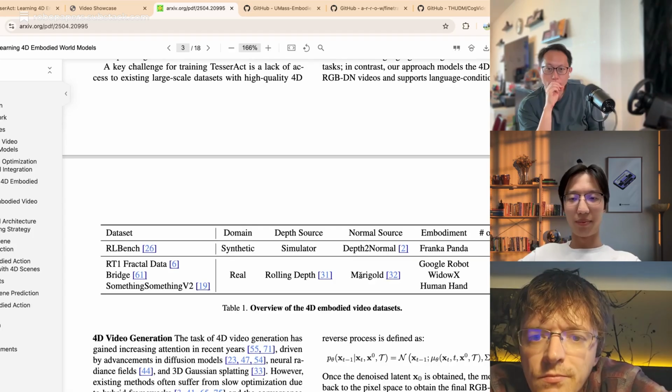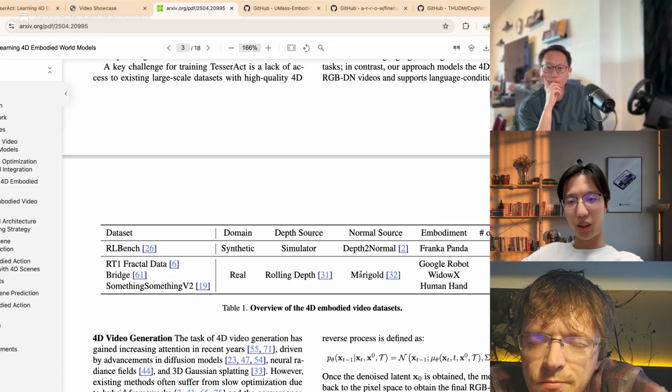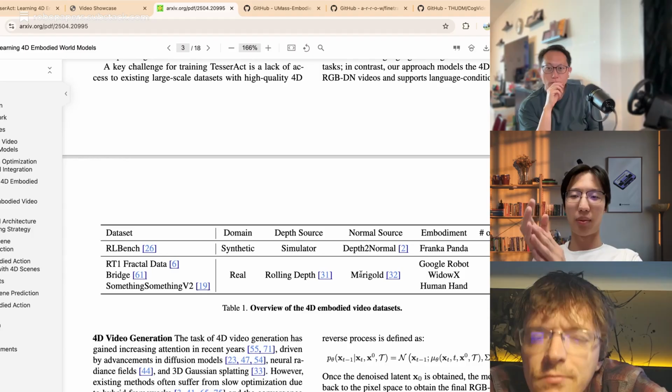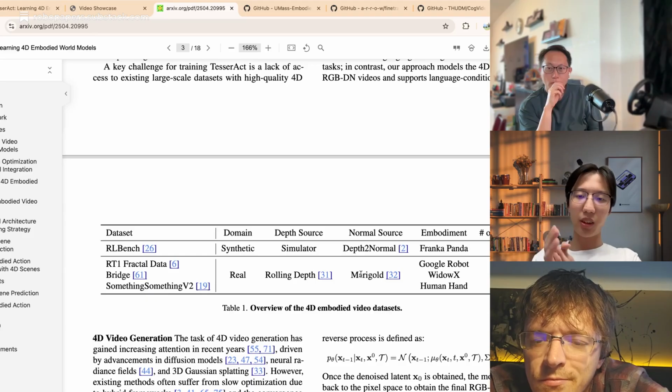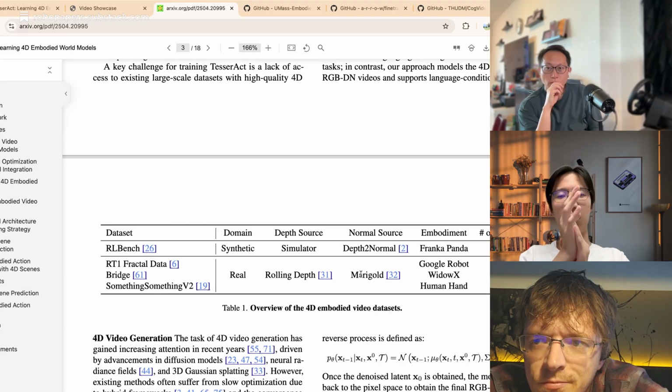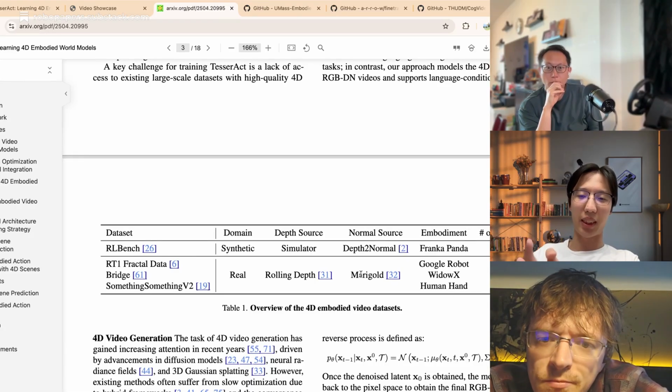And for the real world data, if the dataset didn't provide any 3D information, then we use Marigold, which is the best paper of CVPR. We use Marigold to annotate these 2D videos and generate the depth map and normal map. So in summary, we distill the knowledge from CogVideoX, Marigold and Rolling Depth, which is a video depth estimator.